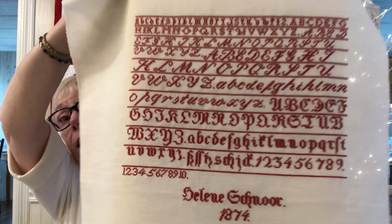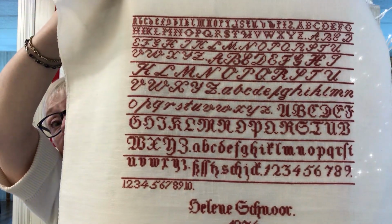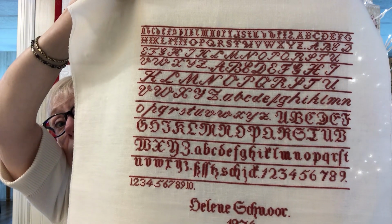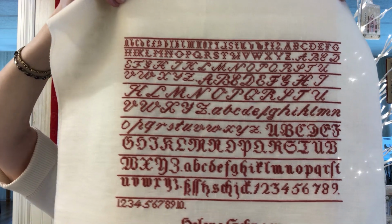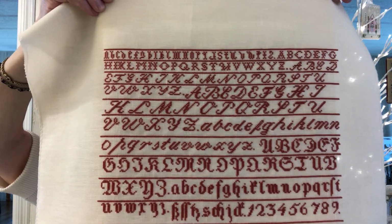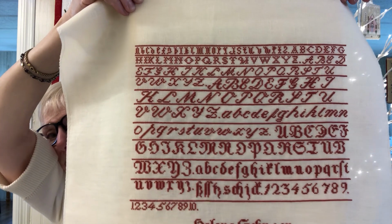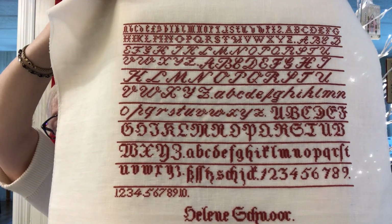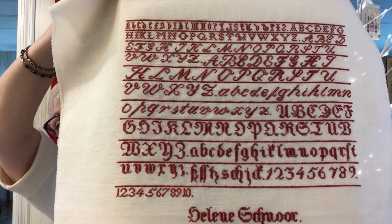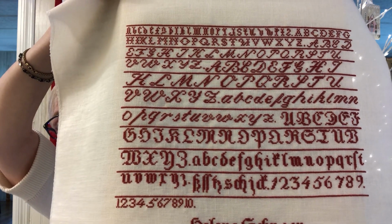And my red sampler, Helene Schnoor. Done. I posted this on Instagram too, but you may have seen it there. Isn't that pretty? I did 2 strands, 2/2, DMC floss. I don't have my book in front of me, that was a mistake. When you buy the pattern, Judy says which DMC color is closest to the antique, and that's what